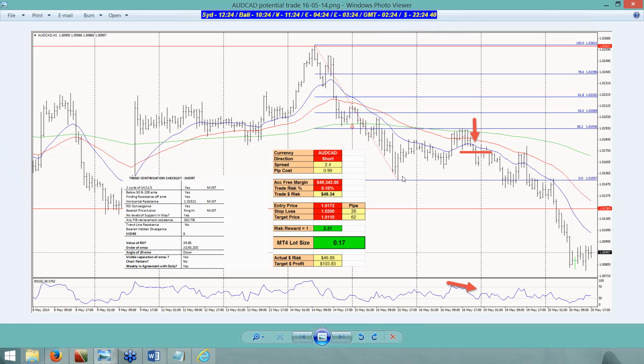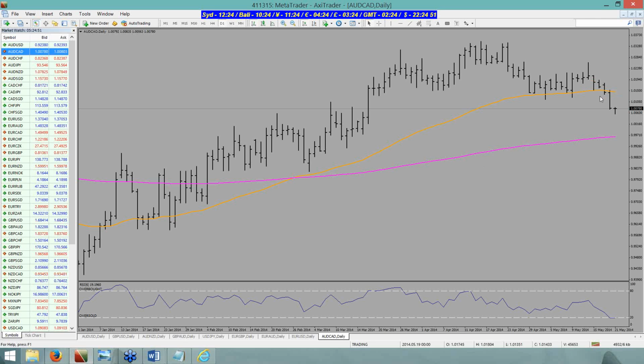You're looking at the hourly, okay, but you've got to look at the daily first. You've got to have a strong trend in the daily first. And is this a strong trend? No, it wasn't really a strong trend until it sort of broke through this support line here. Yeah, there's a couple of days of selling, but you don't know what it's going to be doing on the daily, and therefore you can get into the alley and it gets monstered. Okay, so there's no potential early entry there.